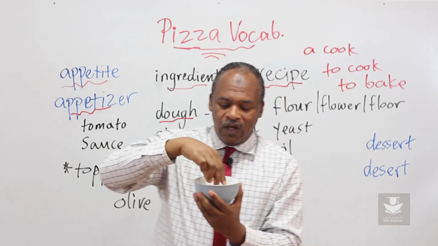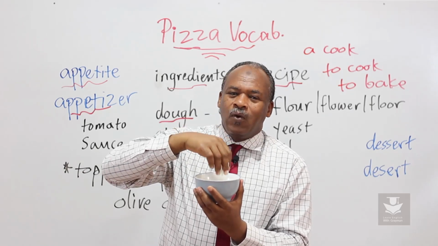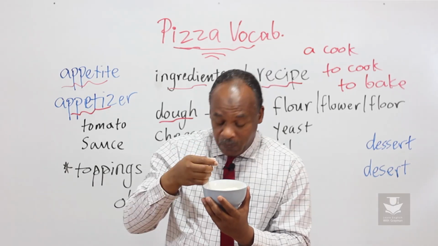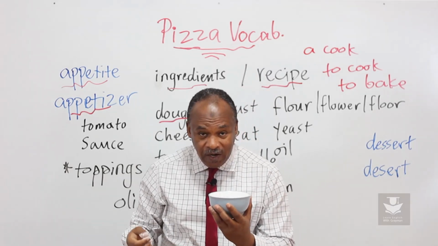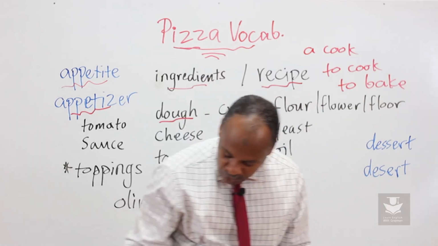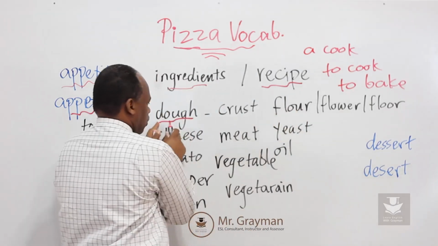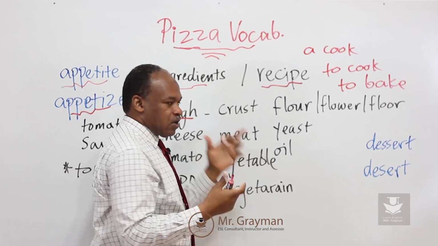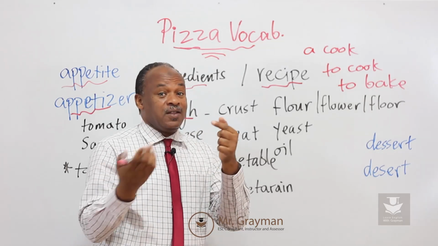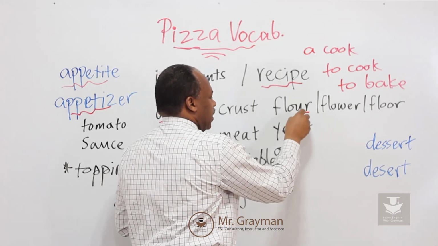Okay, first of all, this is flour. And flour usually is made of wheat. This is flour. And where I'm standing here, this is flour. How do we differentiate between these two words? If you look here, that's your dough, and when you make it, it's going to be crust. The crust could be thin, could be medium, could be thick, and then there are classic ones when you go to a restaurant to order pizza. Look at this word,